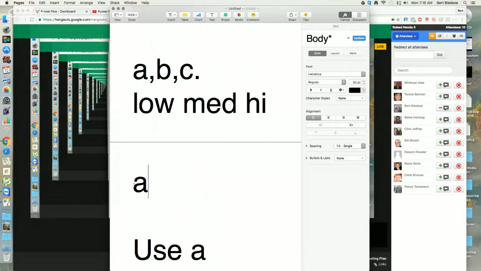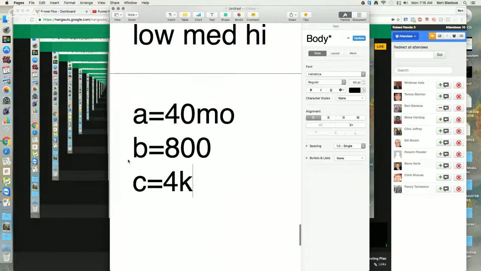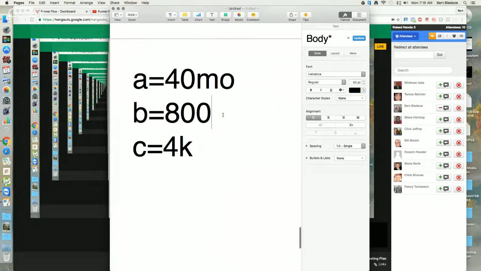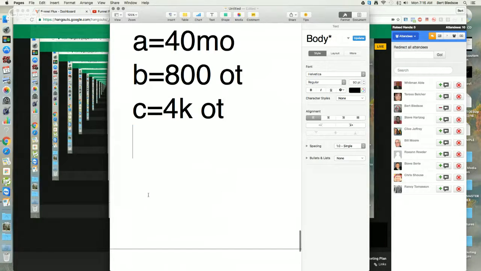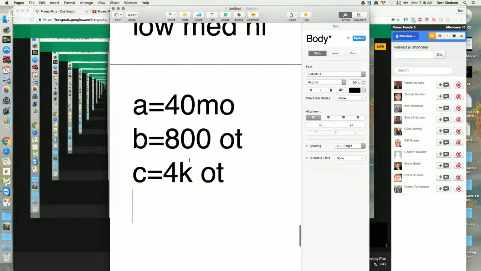So A equals 40 a month, B equals, C equals. Okay, so that's what we would earn on a low, medium, high. This is monthly, but these other two are one time. Now that we know what this is,